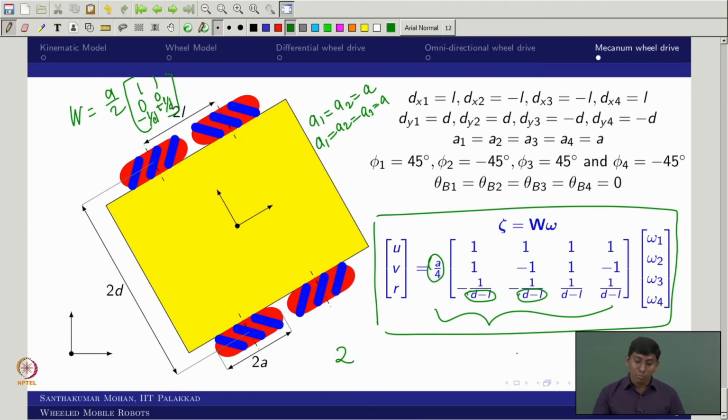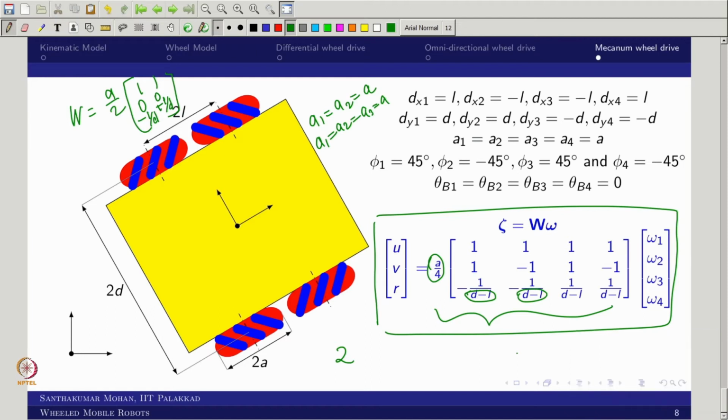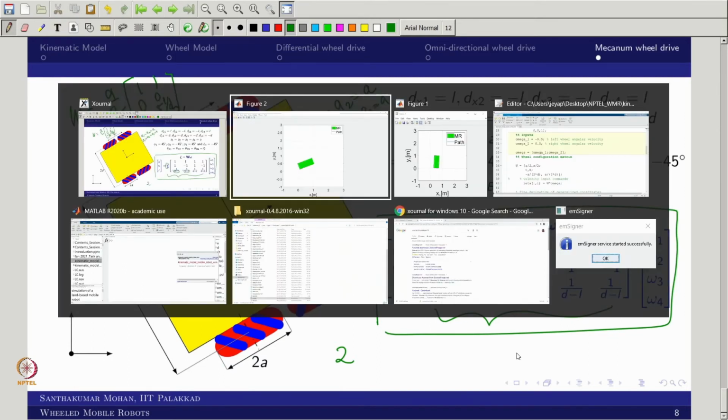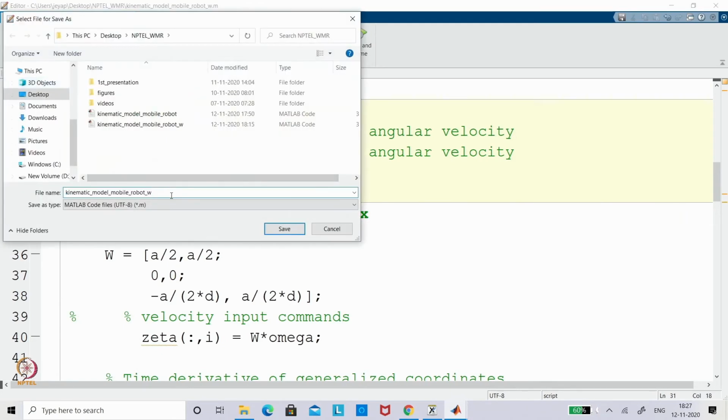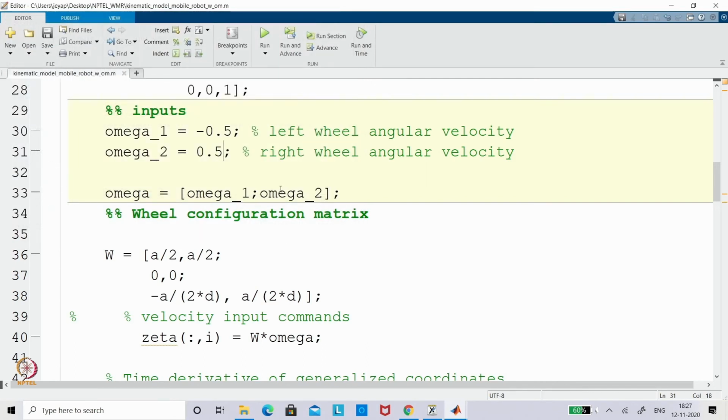Now let us move to the MATLAB screen, and we can try to identify this particular case. For that I am taking the Mecanum wheel first, then we will move forward. So I will move to the MATLAB screen. Okay, I will just change the name just for my understanding. I just put this as Omni, so I will put Omni as OM. Now this would have 3 omega, right. So now you would be writing omega 3.